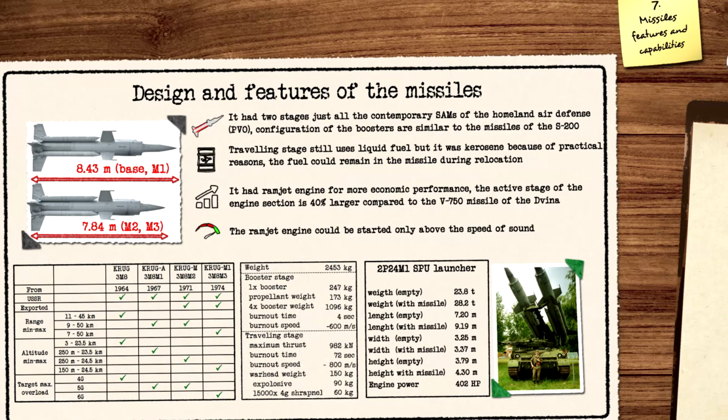The minimum target altitude decreased from 3000 meters to 250 meters, and the minimum target distance decreased from 11 to 9 km. The first variant was effective against targets performing 4G overload maneuvers, while for the M1 missile the limit increased to 5G. The maximum altitude of the M2 missile variant increased slightly by 1 km to 24.5 km. For the M3 missile variant, the minimum target distance decreased to 7 km, and it was effective against targets performing 6G overload maneuvers. Additionally, the most advanced missile could be launched against receding targets, which feature was not available with